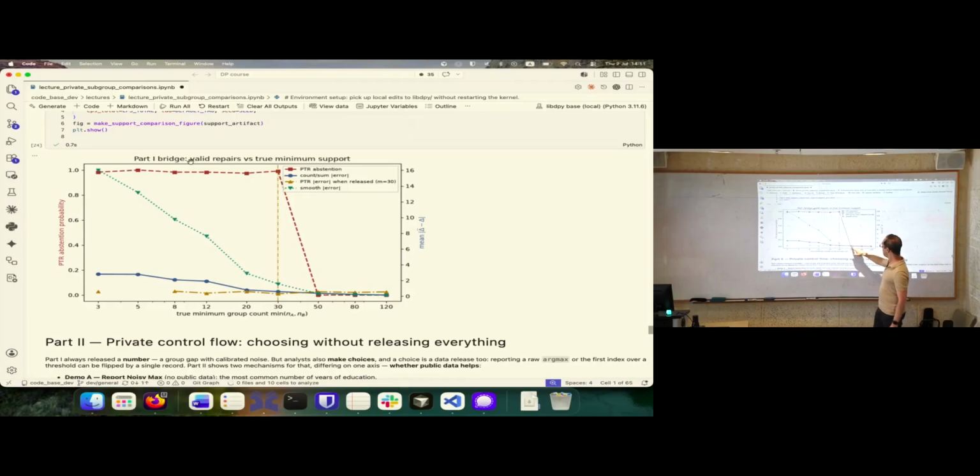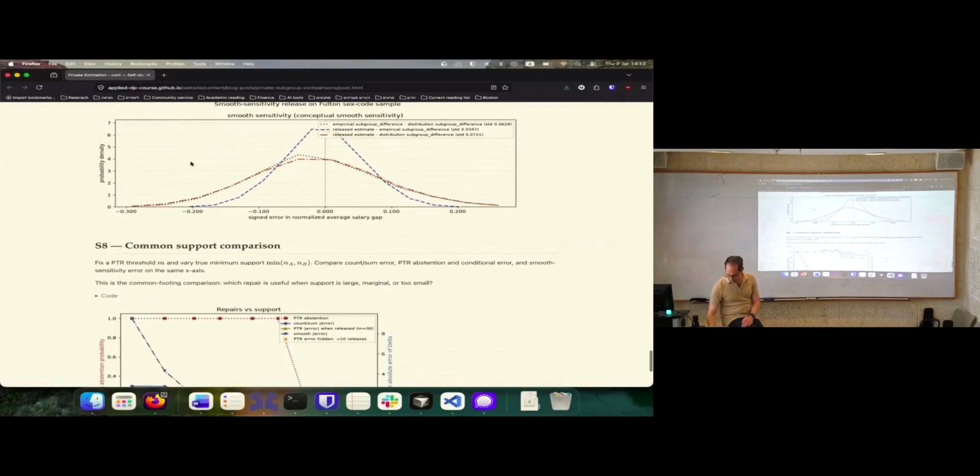This is estimating the count privately, and this one, the dashed green line, is the smooth sensitivity. So it seems like the smooth sensitivity is worse than just doing the naive thing, but then here it gets a little better, and annoyingly again I changed settings.